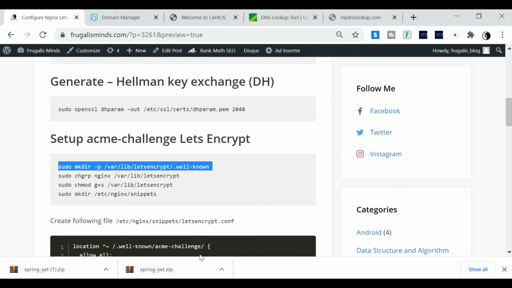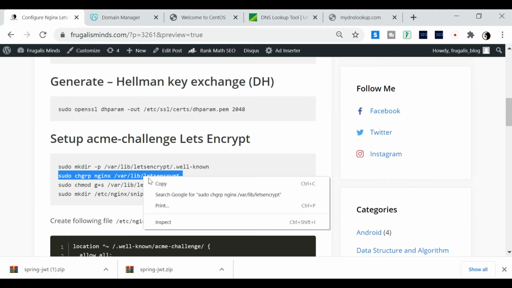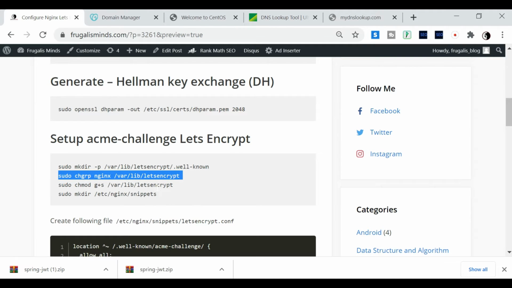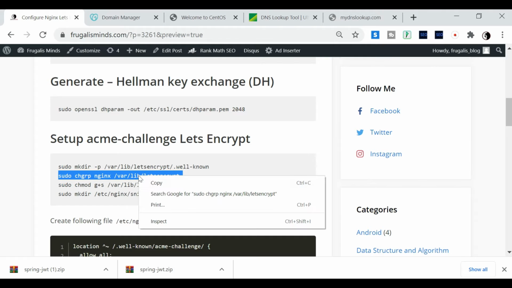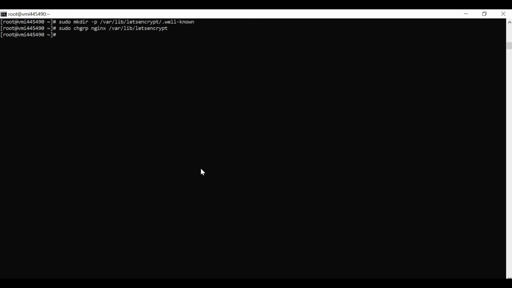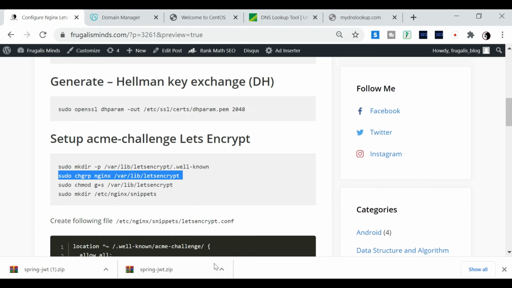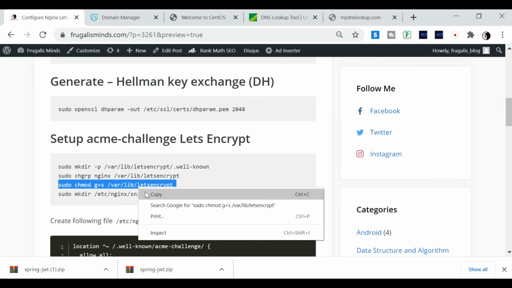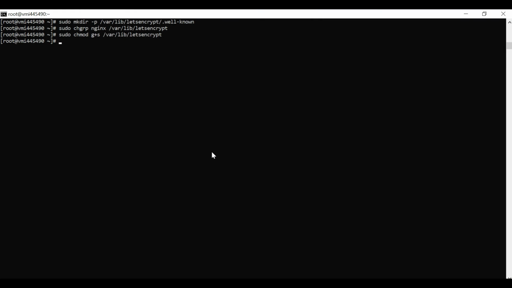There is a way you can also do it from the Let's Encrypt website, where you have to add this ACME challenge in your domain configuration. You do not have to do all those 4 steps that you are doing over here. So there is also a way which you can do it. If you want, I will show it later, but this is the most common way that I prefer from a personal perspective.